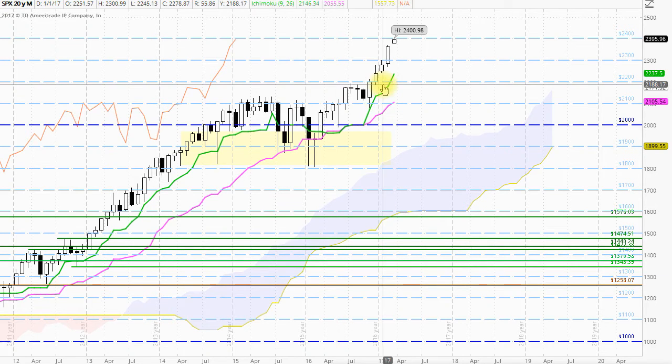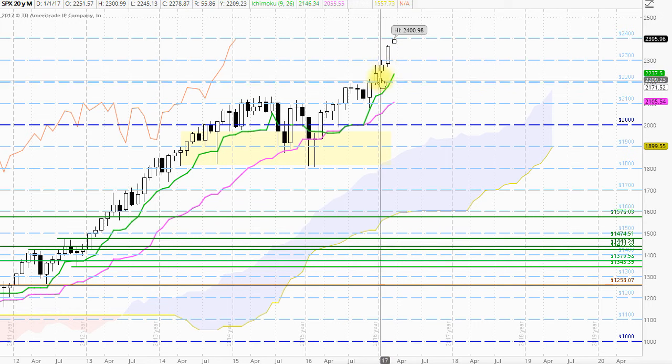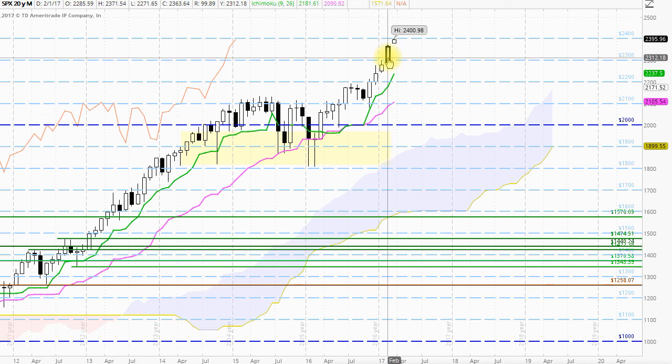Well, firstly to the S&P 500 and very strong bullish activity for this month. A large white body candle, very much larger than the previous 2 months. Good solid extension to the trend here. Good solid net progress made between the open and the close, suggesting that the buyers are very, very firmly